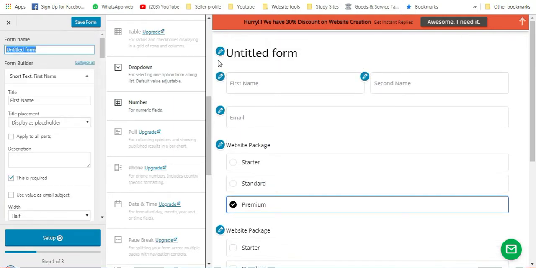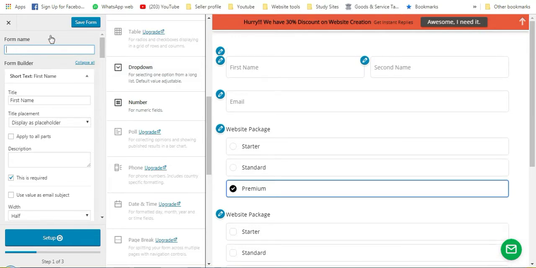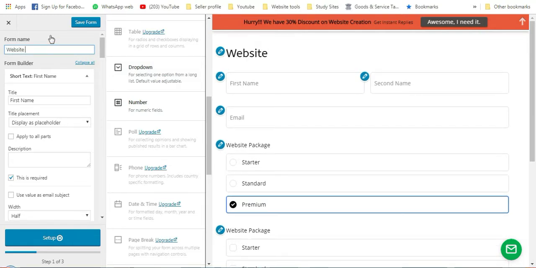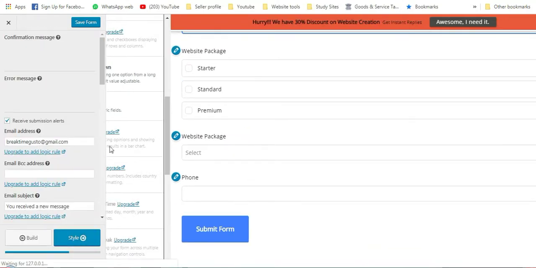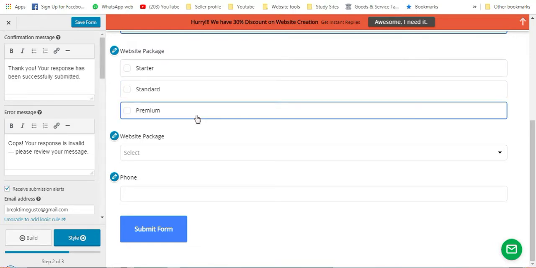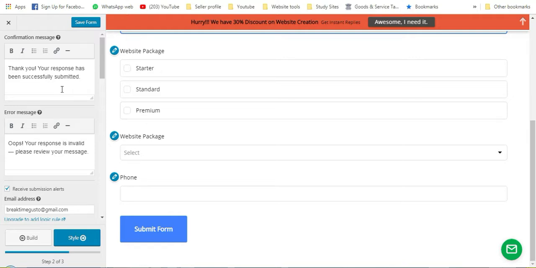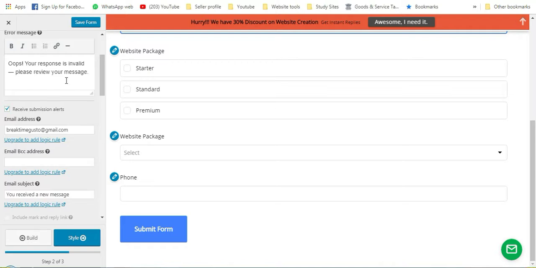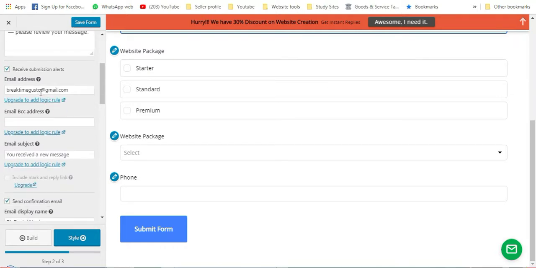So we are going to edit the title. So here I'm going to type as website form. Okay. So we are going to set it up. So now we want to enter the thank you message, error message like that. You can enter that confirmation message, what message should be shown to the user if the form has been submitted. If any problems occur while loading or submitting, you can enter the error message. So you can enter the email address